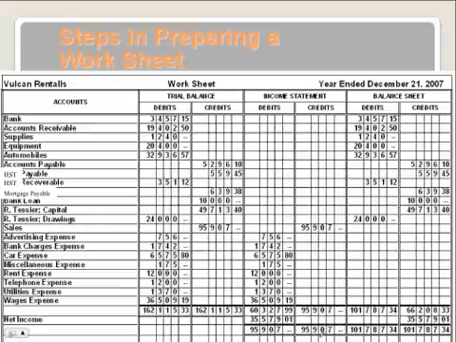Okay, so that's it for now. You should be able to prepare a worksheet